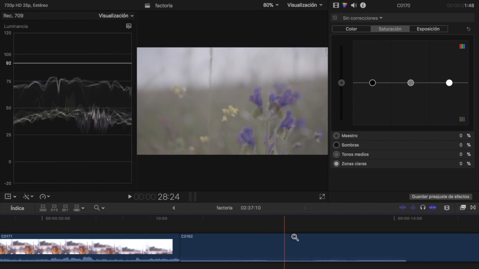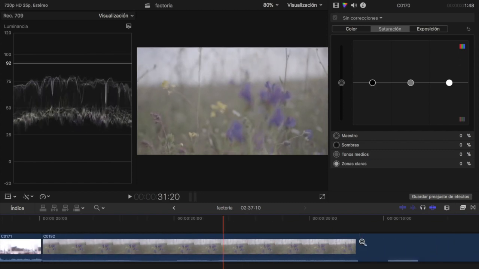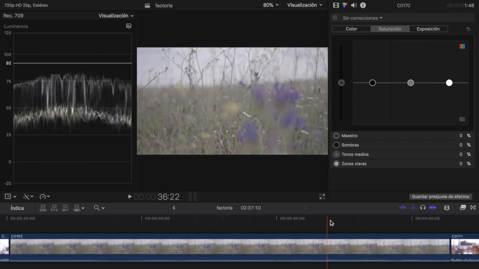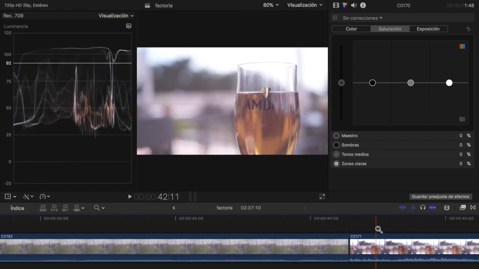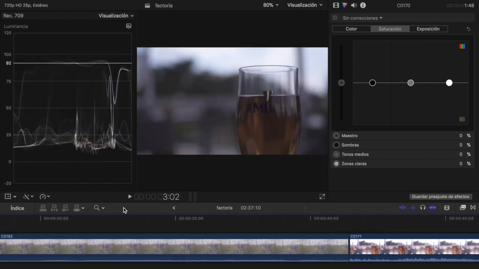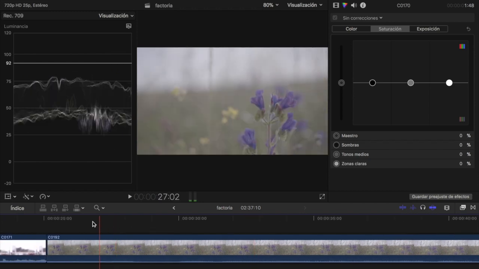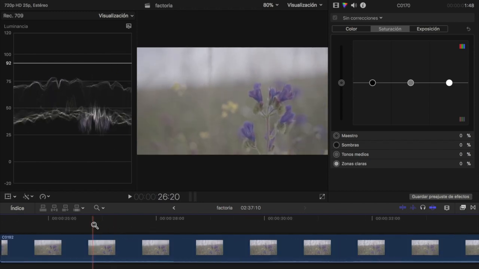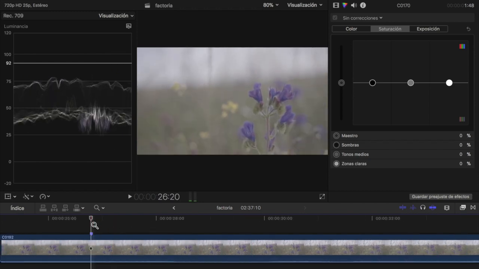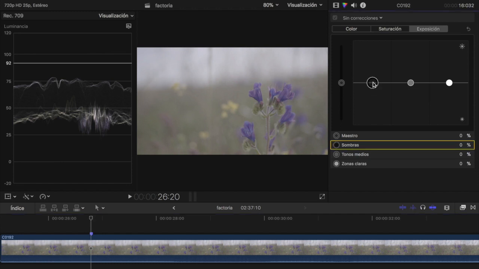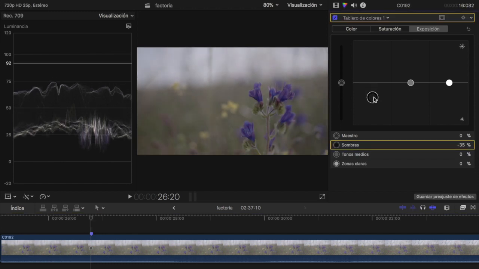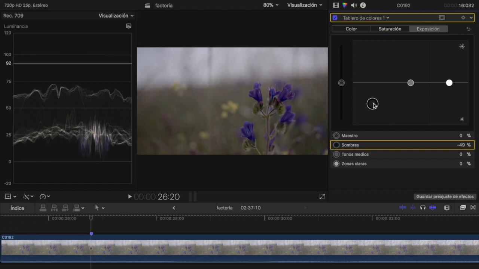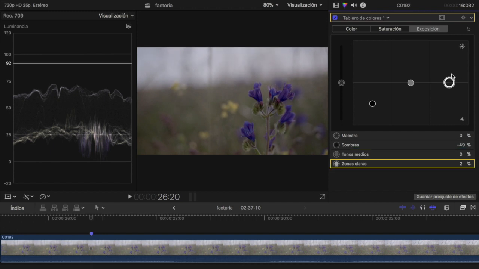And for example, these flowers, the same thing. I wanted to get a nice cinematic look. Let's find a good spot. Right here. If I wanted to get that crisp look, this is S-Log, but that's the second question. He wants to use logs. If you wanted to get that kind of look,